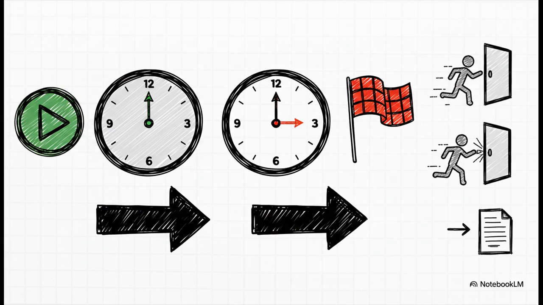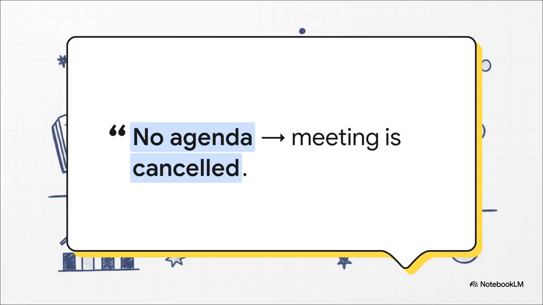This rule is absolutely non-negotiable, and honestly, it's a total game changer. It builds a culture of discipline and respect for everybody's time. When people know the meeting starts at 9 a.m. sharp and ends at 9:30 a.m. sharp, they show up ready and focused. And if someone's late, no recaps. It's on them to catch up. And here it is, the ultimate quality control check. This isn't just a suggestion, it's a hard and fast rule. If there's no agenda sent out at least 24 hours in advance, the meeting is canceled. Period. This one simple rule forces everyone to prepare, and it completely eliminates those pointless, meandering get-togethers.